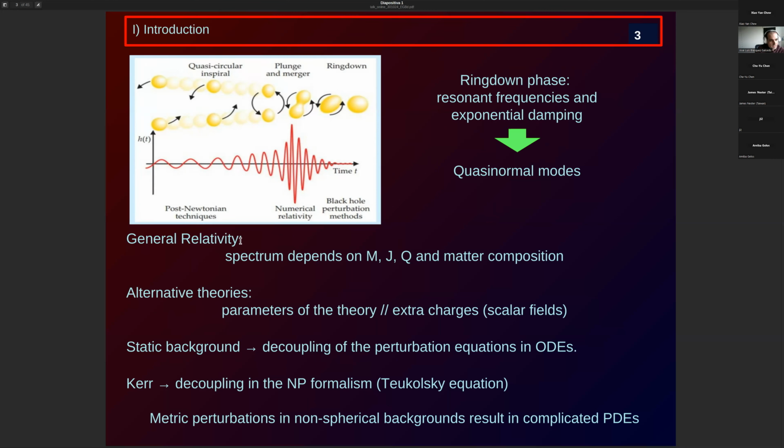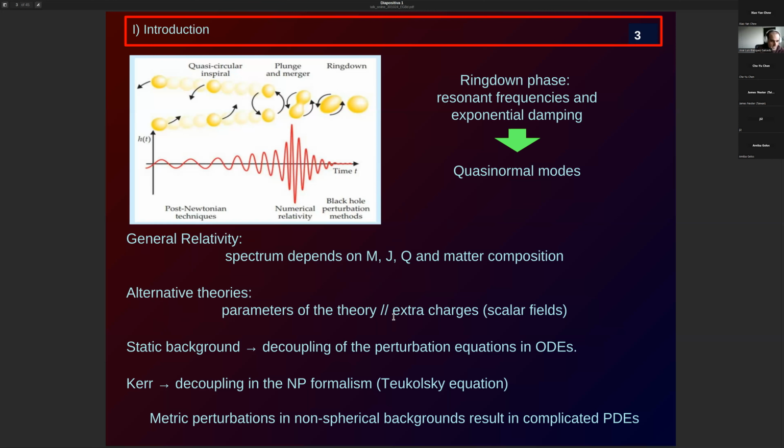And the solution is completely characterized by the mass and angular momentum. If it's charged, we have Kerr-Newman, then you have the electric charge. Okay, but the spectrum of quasi-normal modes is completely determined by these parameters. If you have matter, imagine a star, then it will also depend on the matter and the model of matter composing the star. The point is that in alternative theories, typically we have additional parameters, additional couplings in the theory,